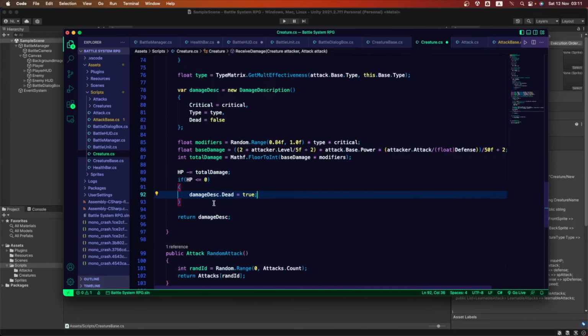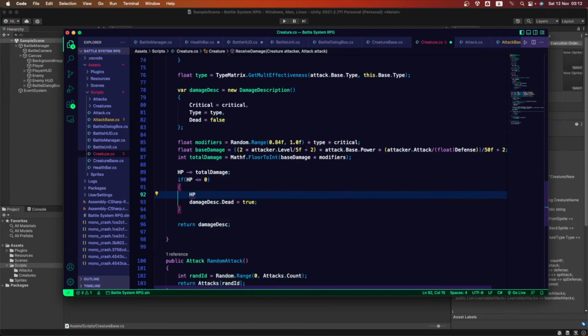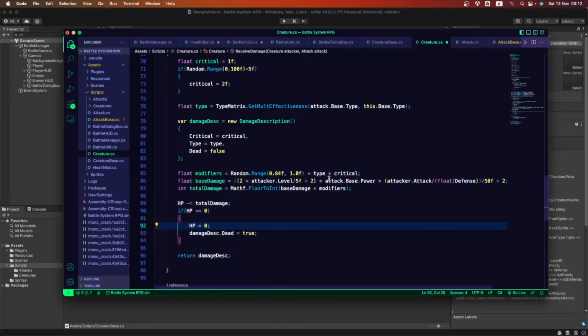Just so the health bar doesn't go to the left side when we go into a negative value, because when a creature is dead, this total damage result, the health points result, is going to start going into negative values. So here inside, we want to always set that one to 0, so it can't go under 0. And this is where we make sure that the health bar isn't going to the left side of things.